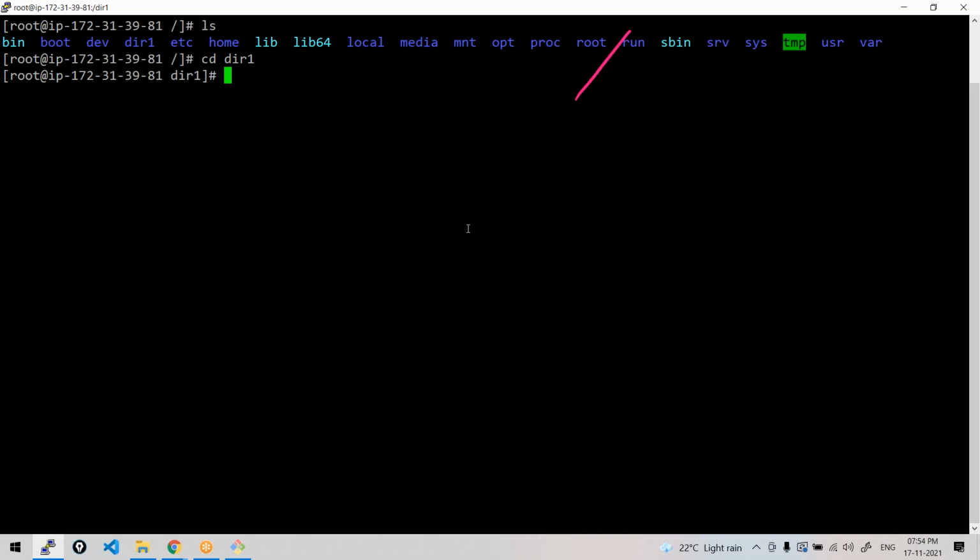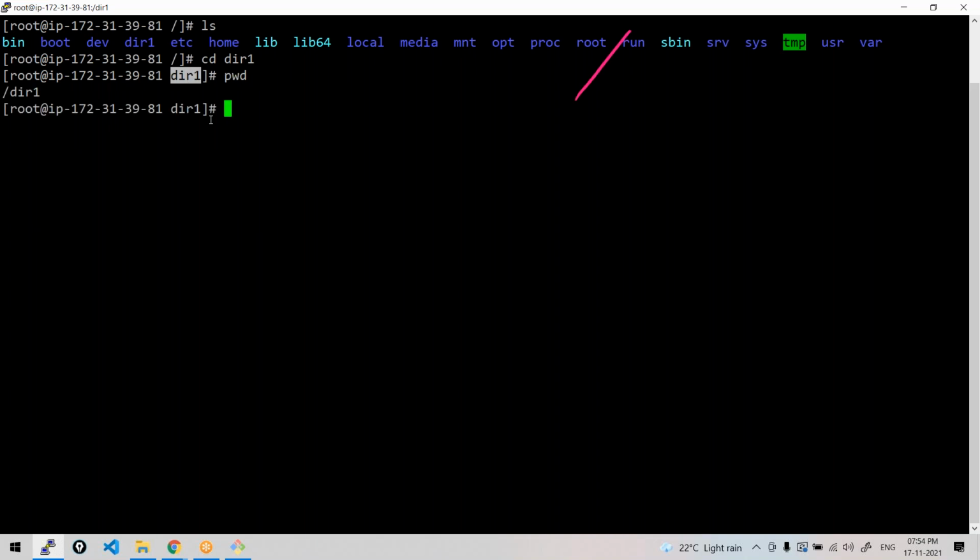Previously I worked at Bharat Electronics. There it will come root at localhost. They are also using Linux only. Yes, it is the host name. That will show you the host name of your server. Okay, ma'am. So the user, the host name or IP address, and then the directory where you are.